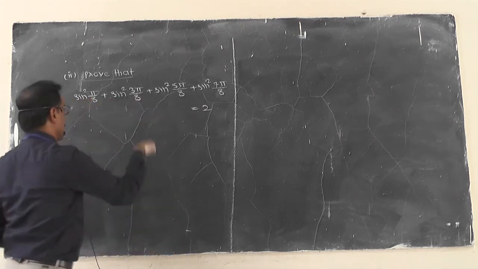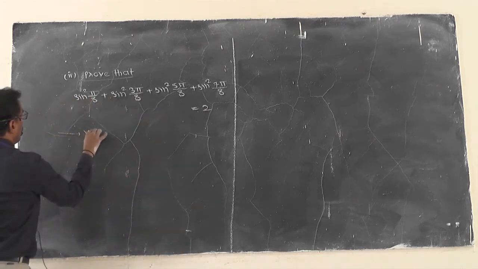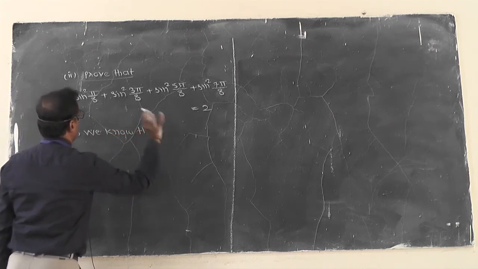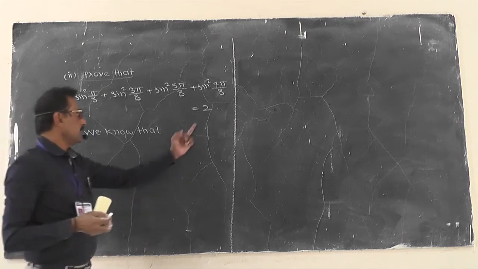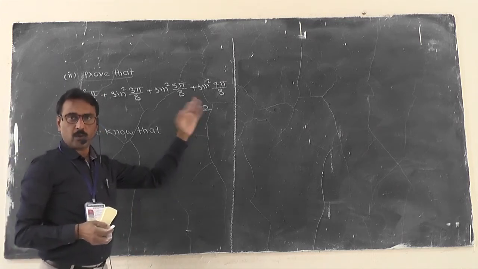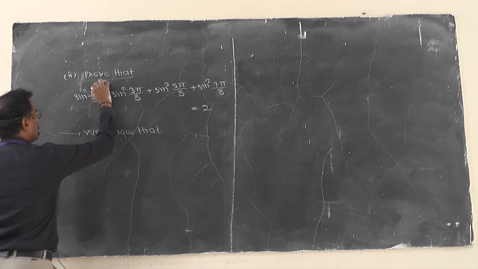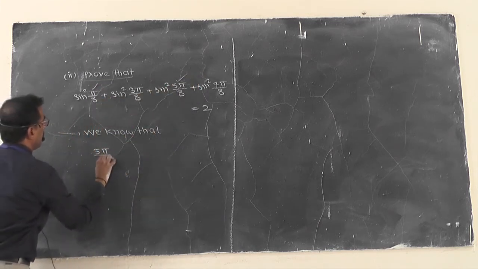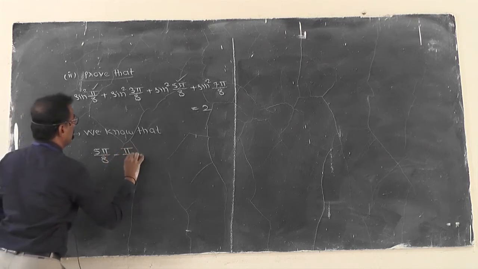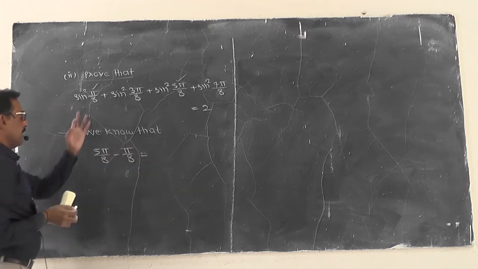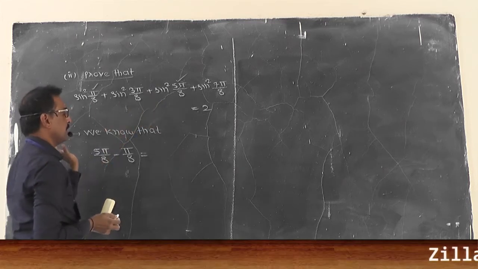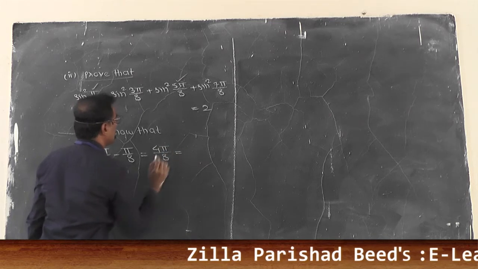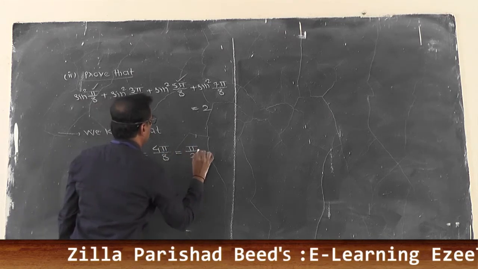Now in order to get this answer, the basic theme is like this: the answer is 0 or non-zero. Here the answer is non-zero, so we have to combine like this: pi by 8 and 5 pi by 8. If we subtract these, the addition of these two is not pi by 2, but the subtraction is 4 pi by 8, and it is equal to pi by 2.